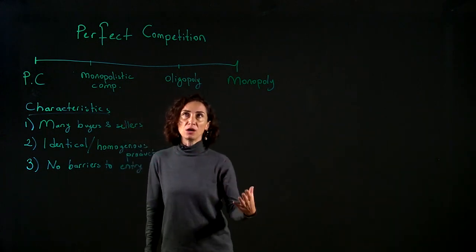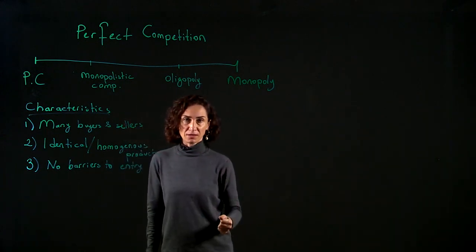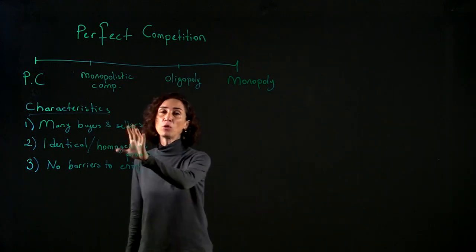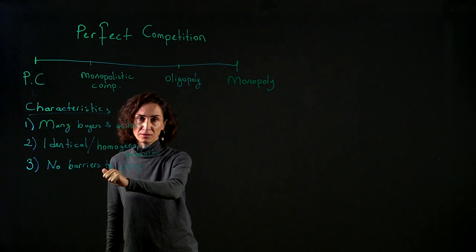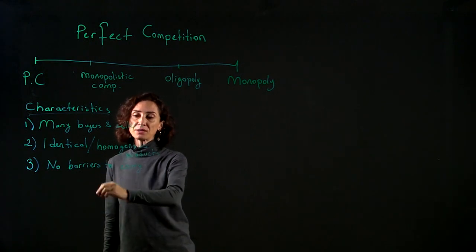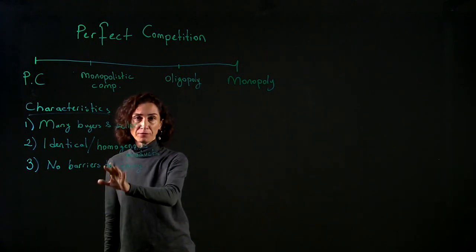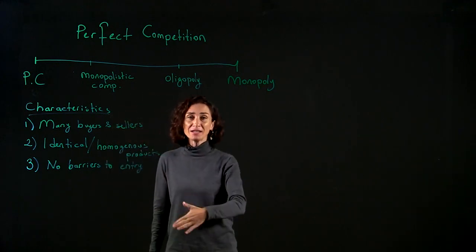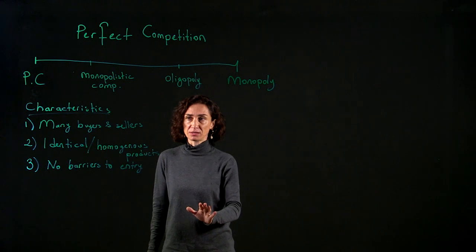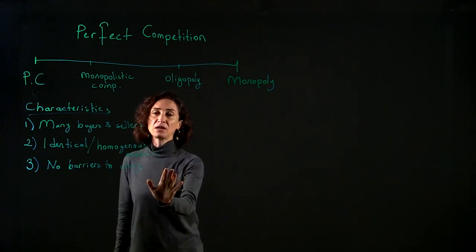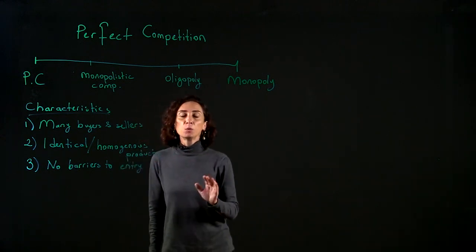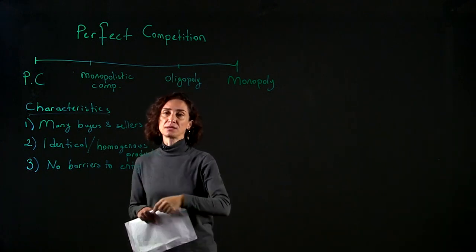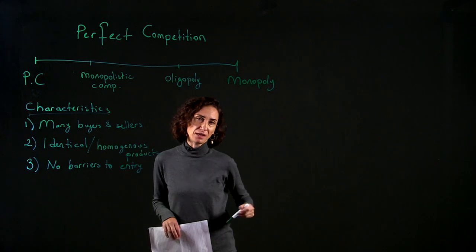So we will analyze firms' decision making, how they try to maximize their profit in a perfectly competitive market. And when they try to maximize their profit in a perfectly competitive market, what happens in the short run and in the long run? We will talk about it. But because of these characteristics, first, we will think about the first implication of these characteristics. So these are the implications, right?